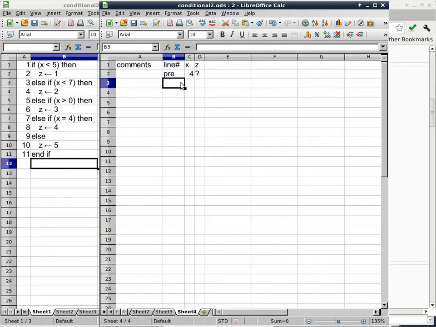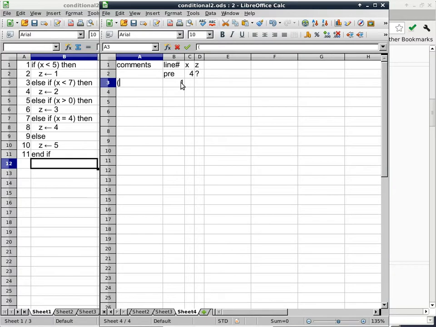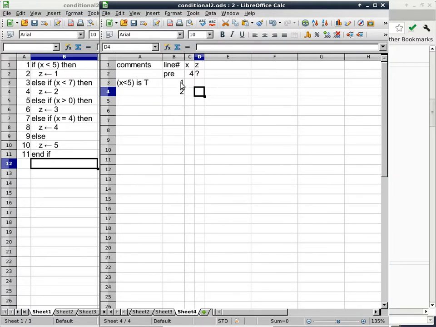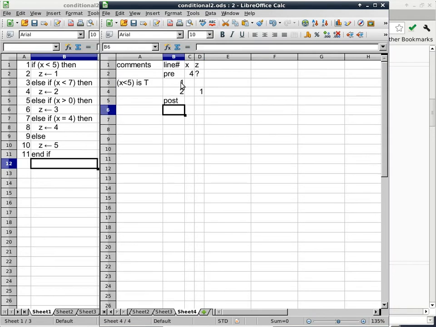All right, this one is confusing because, well, it should not be, but it can be confusing. On line 1, we evaluate x is less than 5, it is true. Where do we go? Line 2, and what does it do? It changes the value of z to 1, and then what do we do? Post. That's right. So that's interesting because if you think about it from the visual, just looking at the code perspective,